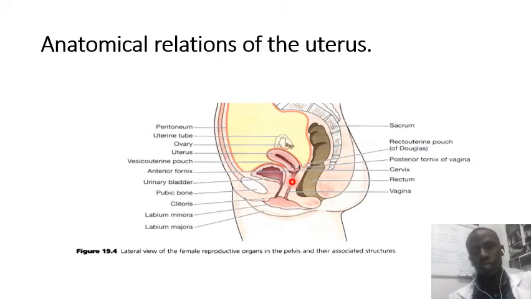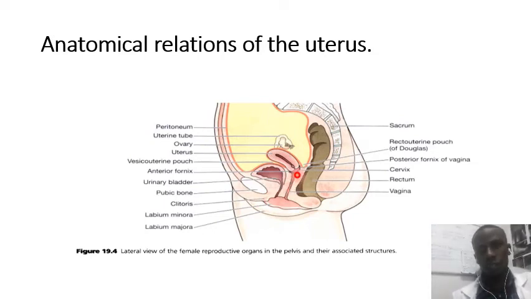Then inferior to the uterus, it is continuous with the vaginal canal, which opens exteriorly. The other parts are just external. This is the pubis, this is the perineum here, and these are the labia. Yes, I'm not going into the details of anatomy. So,